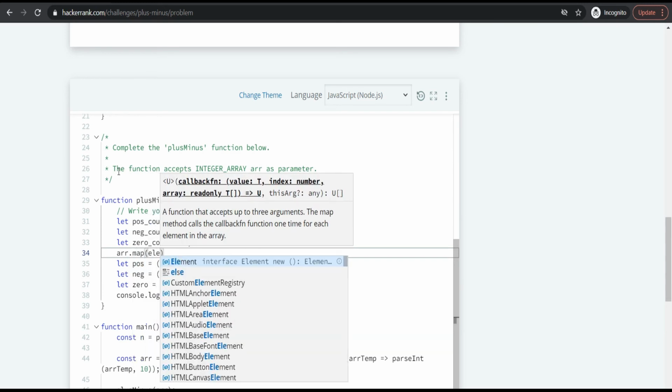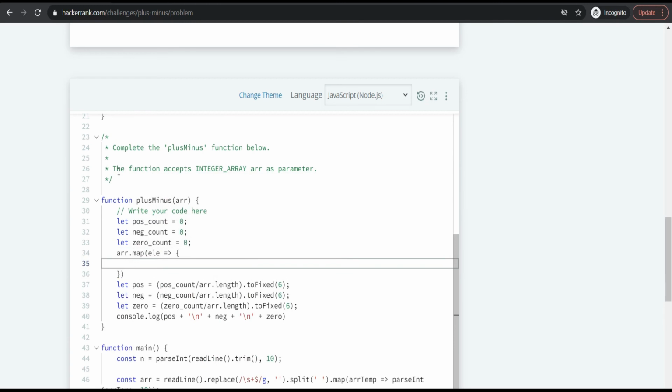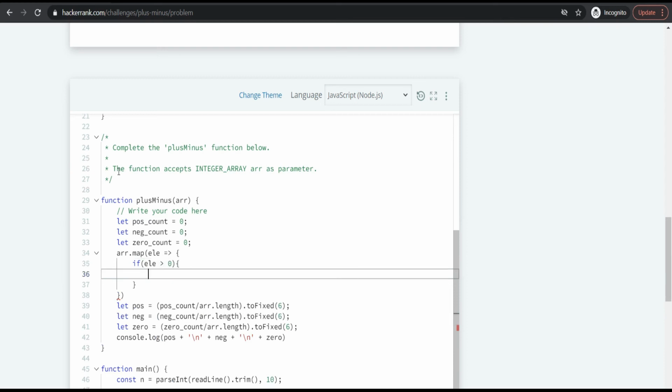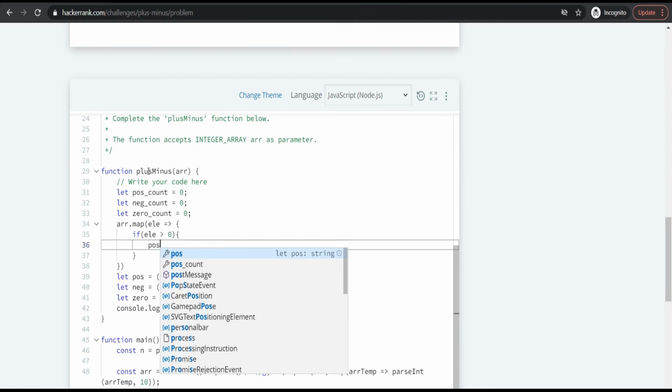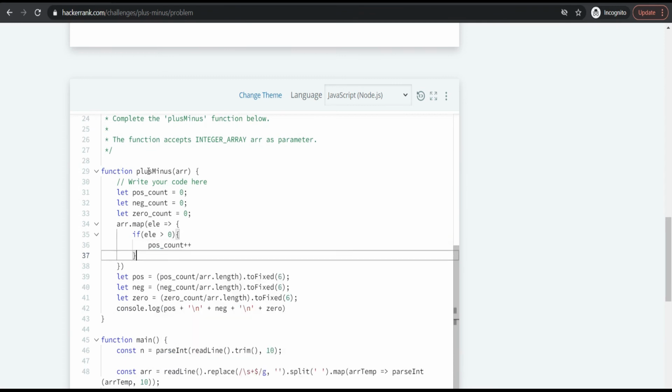I'm taking an element. For example, if the element is greater than 0, the logic is going to be the same: I'm increasing the positive count.